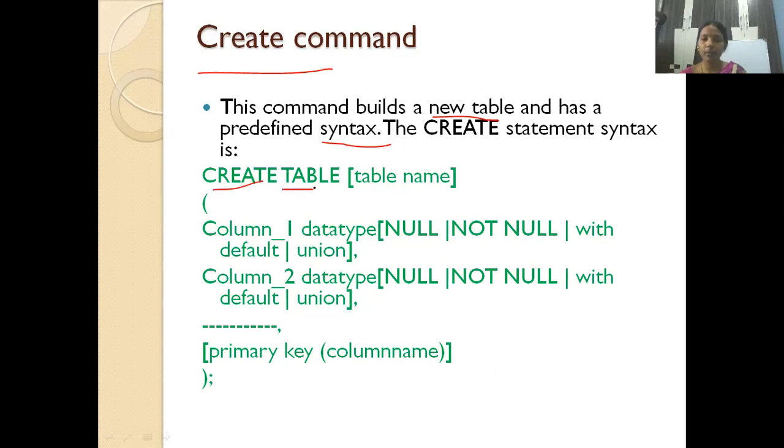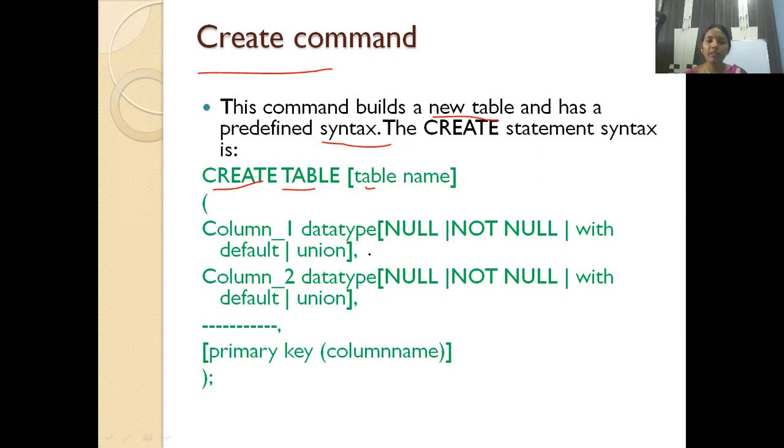Here, create and table are the predefined keywords. Next, we have to specify the table name according to our organization. For example, college table, student table, employee table, hospital table, patient table, inpatient, outpatient, supermarket, products, everything is called a table. Now we have to specify the table name here.